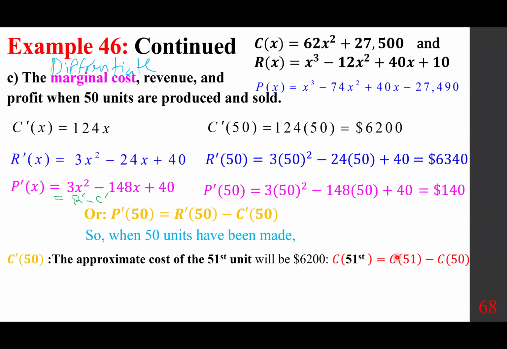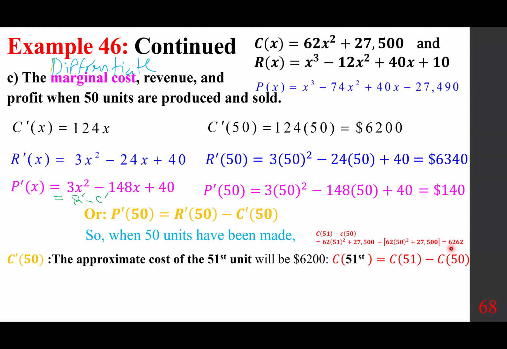If you go to the cost function, plug in 51 minus plug in 50. Remember when we plug in 50, we already have the cost function from the previous page, $182,500. And so if you do C of 51 minus C of 50, the answer is actually